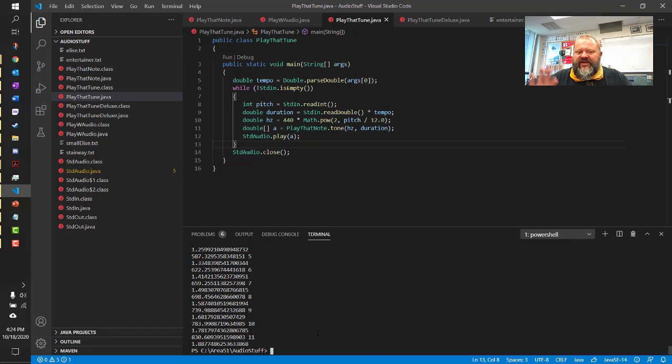Remember, I'm using a Windows box here. So what I want to do is I want to do a cat, or I want to take this and throw it to the input and then pipe it to my Java. So I'm going to Java play that tune. And I want to give it a tempo, or it's going to yell at me because it's taking input from the command line. So I think I'm just going to give it 1.0 for the tempo. And then what it's going to do for the input read is it's going to read Small Elise. So it's going to read all of those values from the small Elise file. And when I do this,